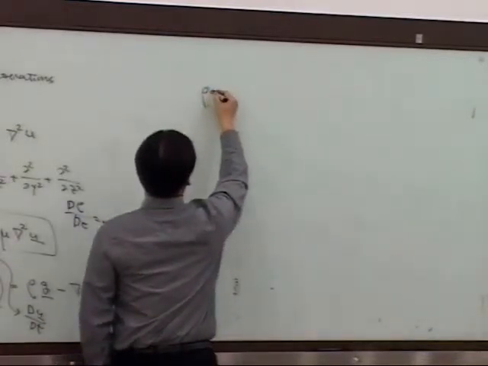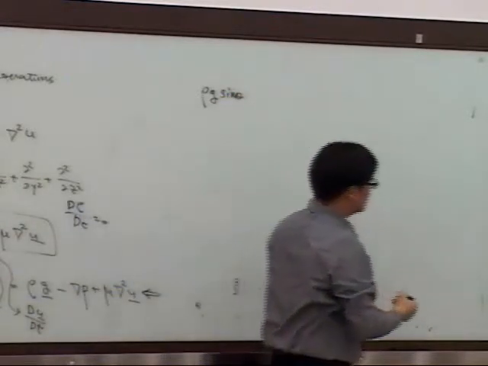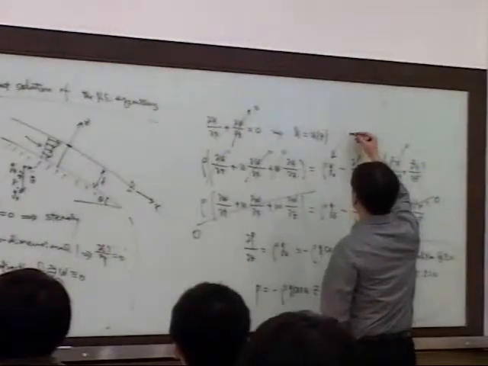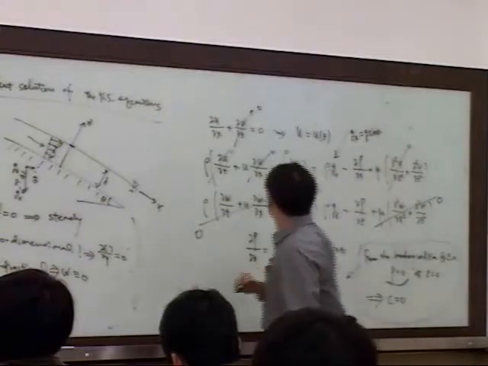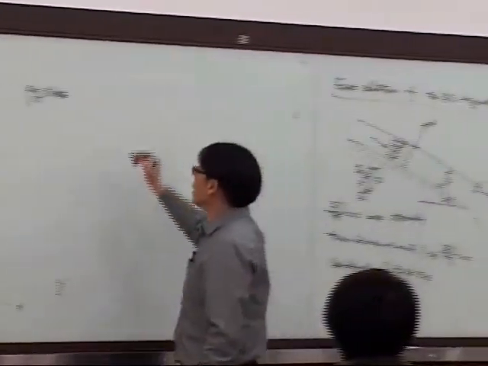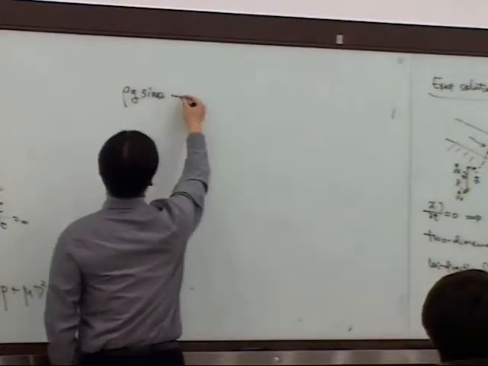So rho plus rho g sine theta, which is gx, right? So here gx is g sine theta, and then minus dp dx is 0, and then I have mu